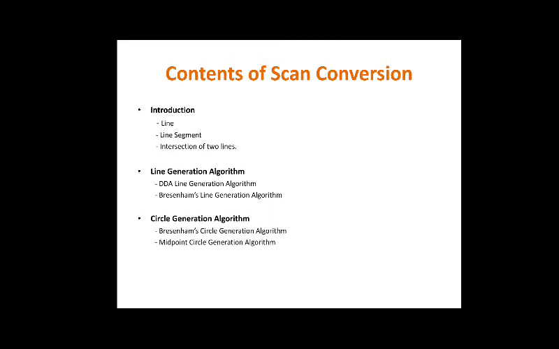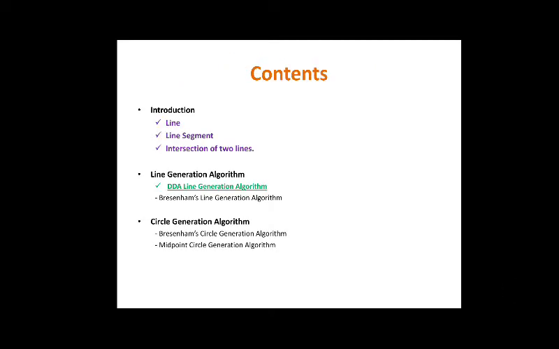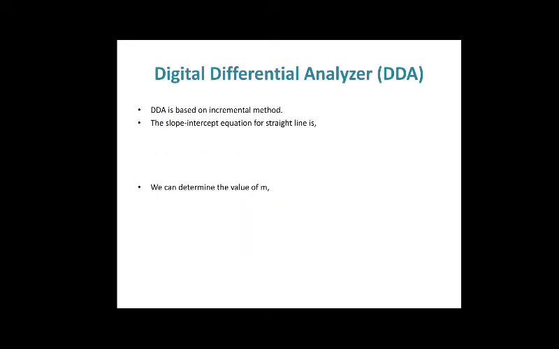Now we are using all those concepts in this DDA. So up till now we have completed line segment intersection. Today we are going to see this DDA line generation algorithm. The full form of DDA is digital differential analyzer, which is based on the incremental method, meaning to find the new point on a particular line we have to increment x and y according to its slope, or according to the type of slope.